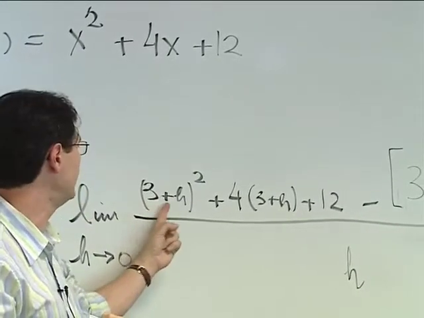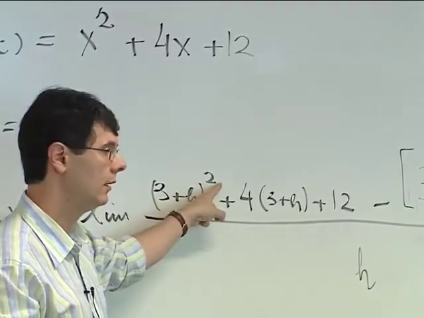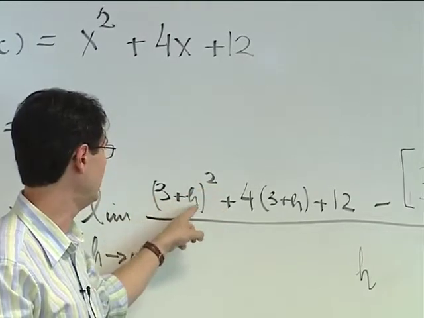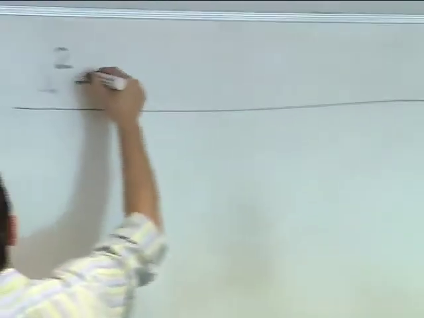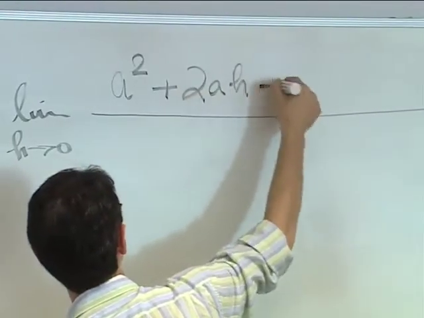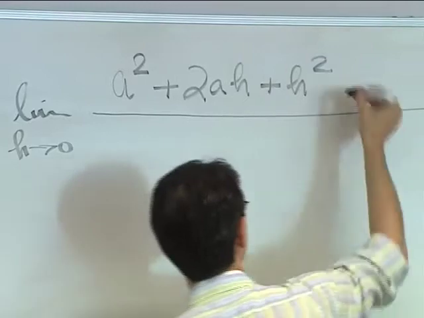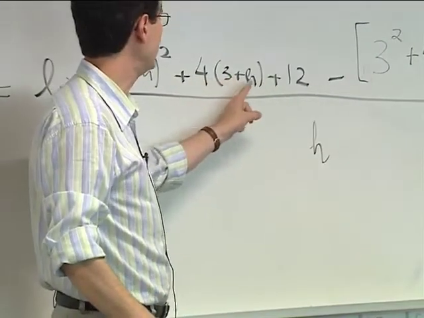This is (A plus h) squared, so it is A squared plus 2Ah plus h squared plus 4 times (A plus h)